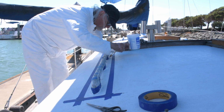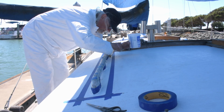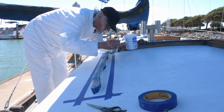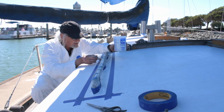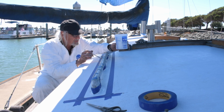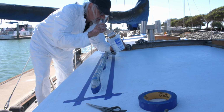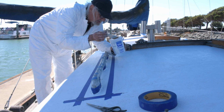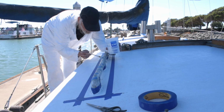I tried to pull the tape off around the parts that are attached to the deck, and just made a mess. The gel coat came up with it, and I tried to do it real quick while the gel coat was wet, and still made a mess. So what I'm gonna do is just pull the tape around the outside first, and then let it set up somewhat, and then before it's totally cured, while it's still soft, I'm gonna take a razor knife and